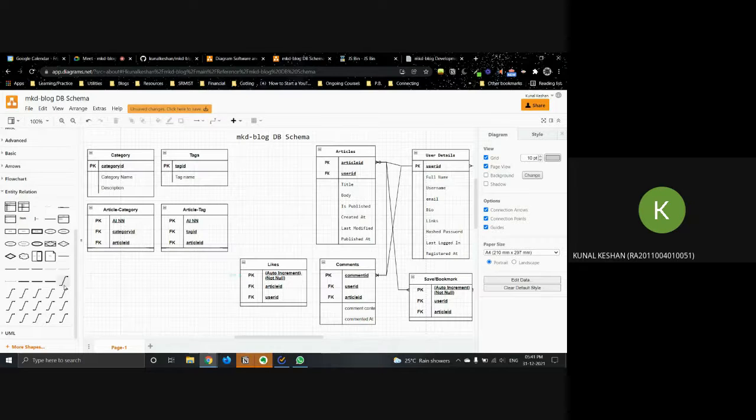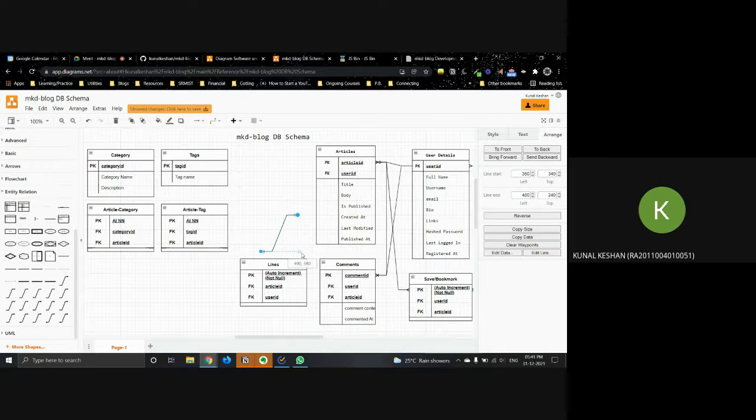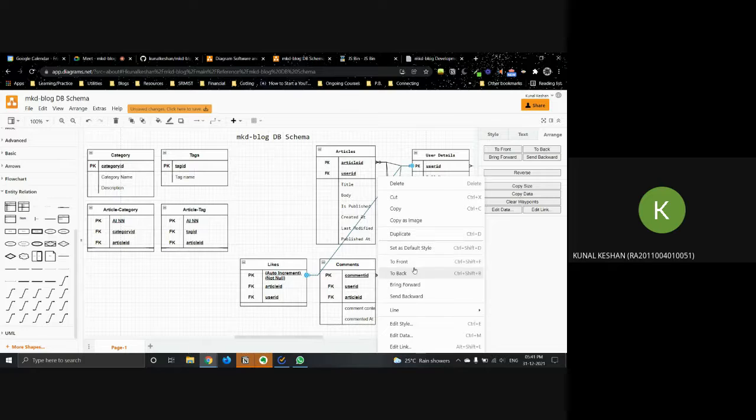One to one, right? One to one with the users table and send it back.